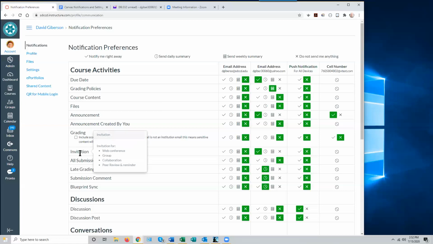An invitation for a web conference or whatever that you can get a notification for. This is one that's only available to you as an instructor. You can get a message every time a student submits something. That can generate a lot of notifications. On the other hand, it gives you a running feel for how active the students are in your course. So that's,